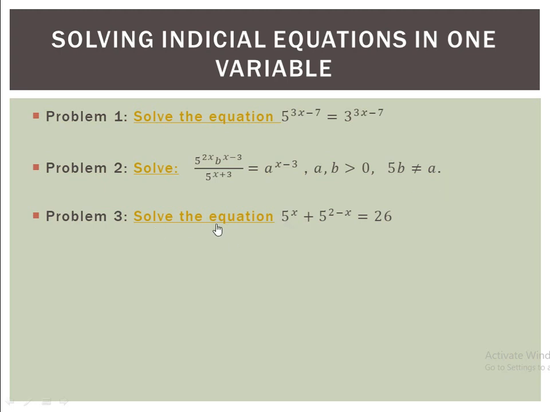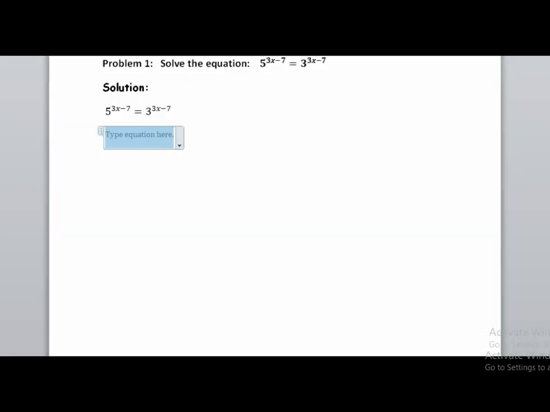And problem 3 is 5 to the power x plus 5 to the power 2 minus x equal to 26. So we are going to see what is the solution of the first problem. First we write the problem. Now we will divide both sides by 3 to the power 3x minus 7. You get this line,